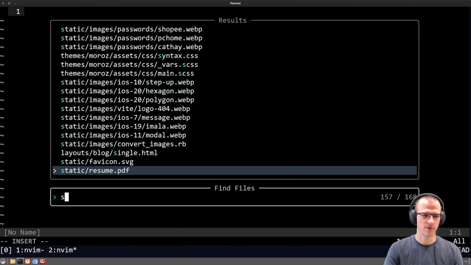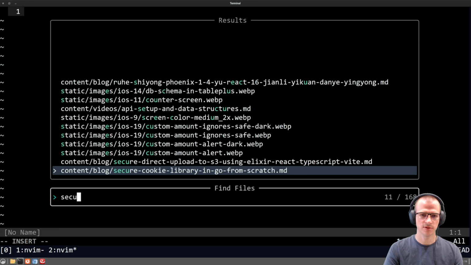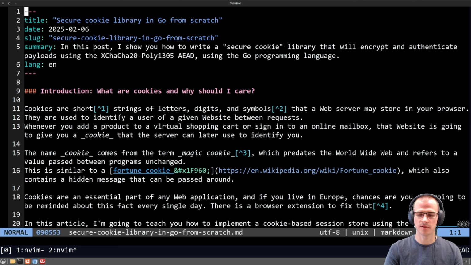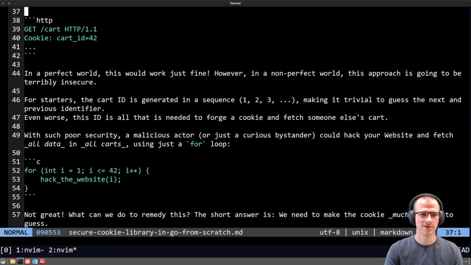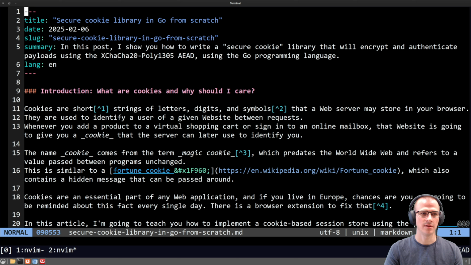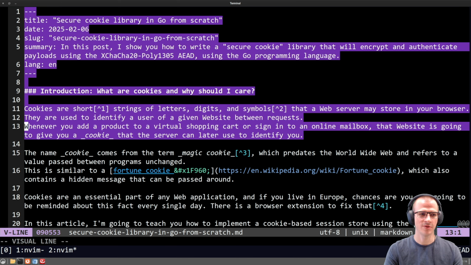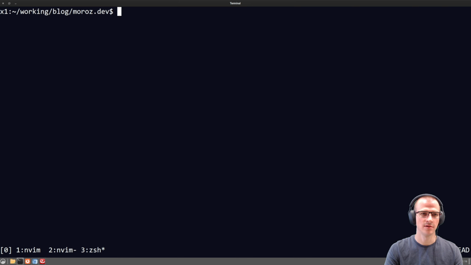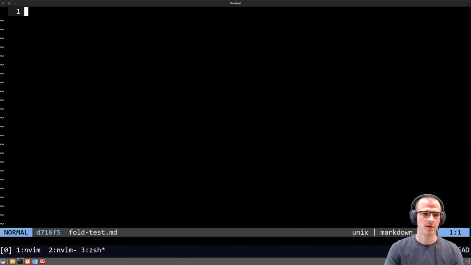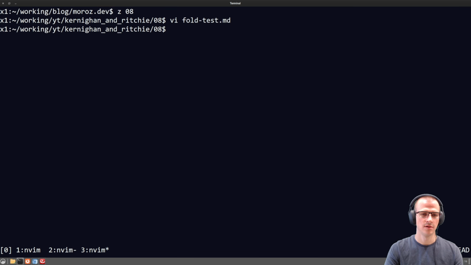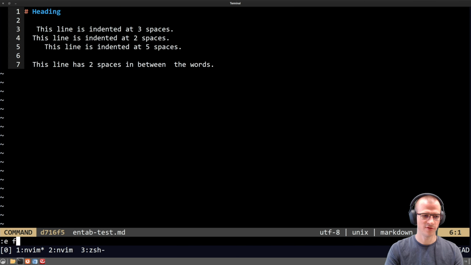So I'm currently writing a blog post, and I do tend to write some pretty long lines. For example, this line is 186 columns long, so we could just copy the first 2 paragraphs and paste it here. And for the fold program,